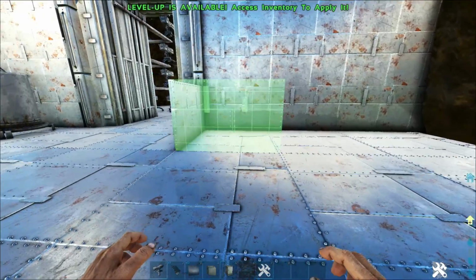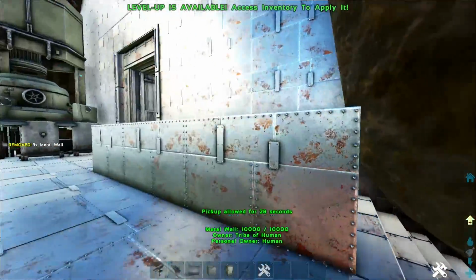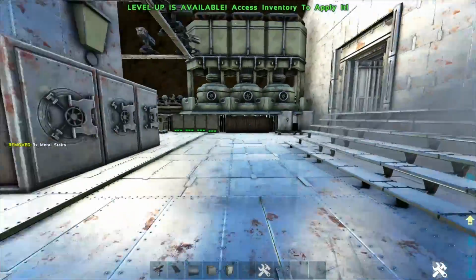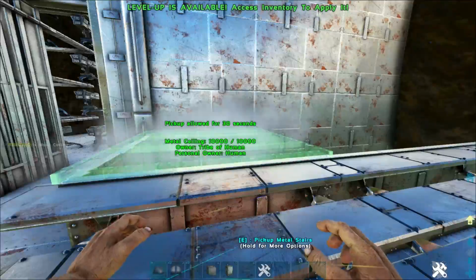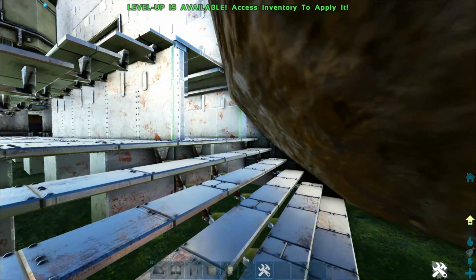Next, build a little 3x1 like this, and then put 12 air conditioners in it, and then put stairs, and you can put triangle left walls or triangle right walls. They don't really matter, it just stops in case somebody's in your base and they can hide. And then go ahead and put ceilings on this, and this will be where you're going to be hatching your